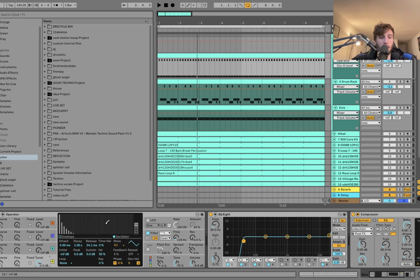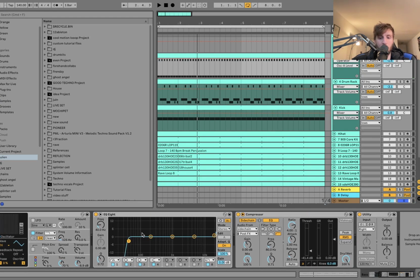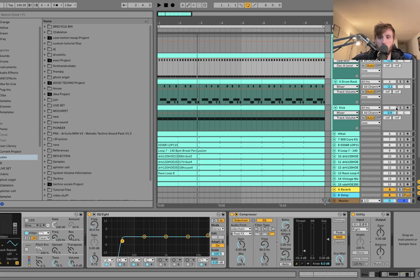For the actual sound on this, we've got a triangle wave, low pass. We're cutting out a bit of sub again here, side chaining it, and then converting it to mono. Now, the thing about Hardgroove